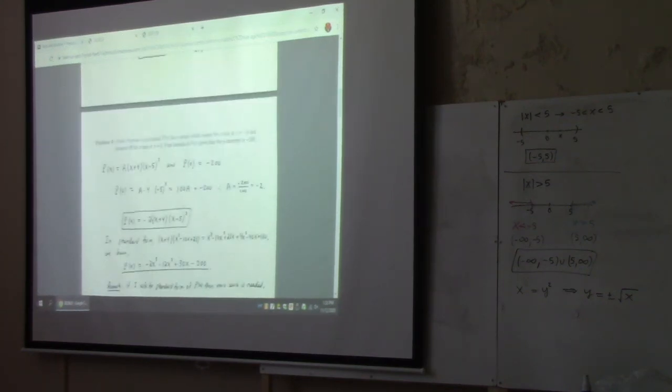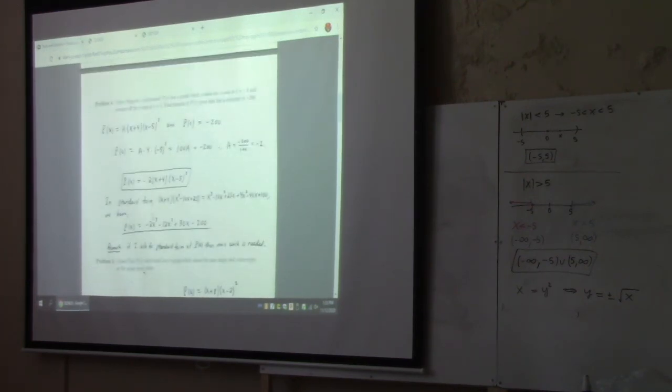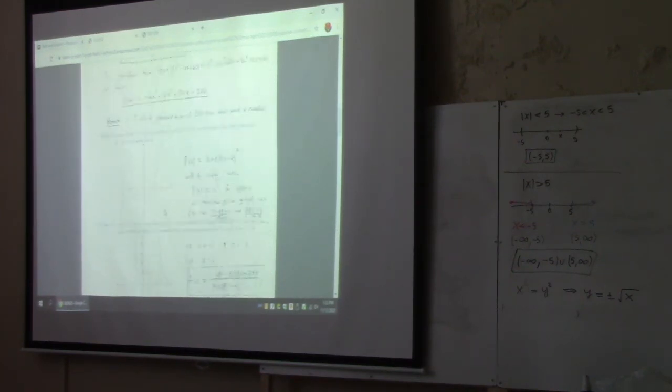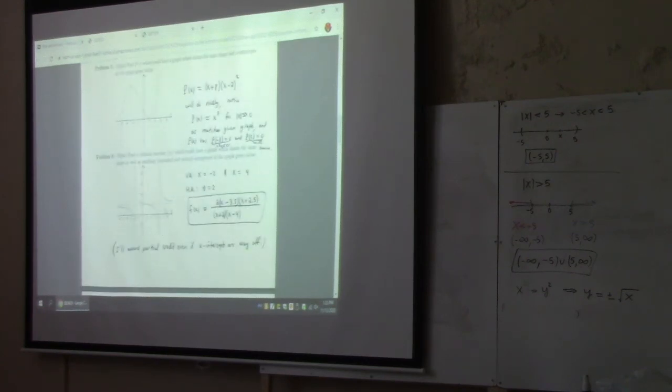I think a lot of people got this problem right, and that was great. I was happy to see that. Let's see here. I think a lot of people got problem 5 right. That was good. Problem 6 was a new problem, right? So if you didn't get problem 6, I wouldn't feel too bad about it. This was the problem which I would say required new thinking. I think you had a shot at doing this